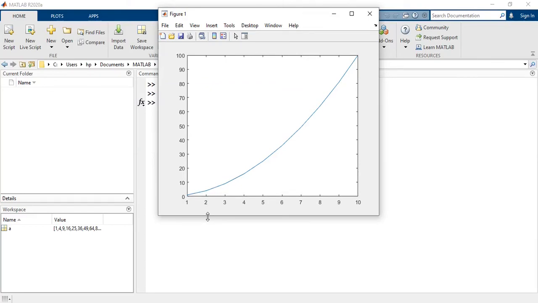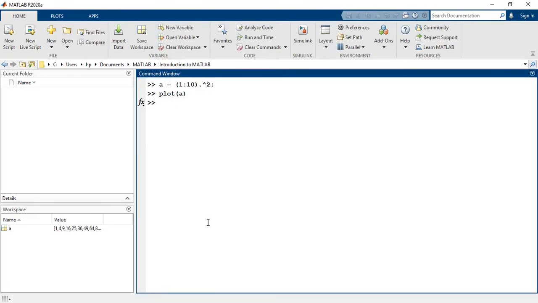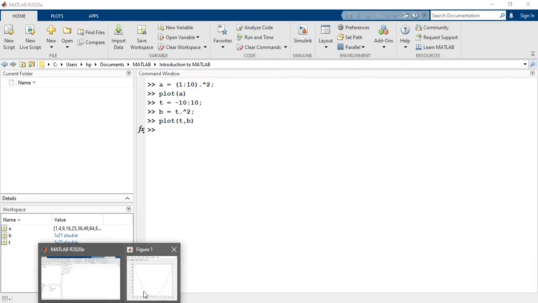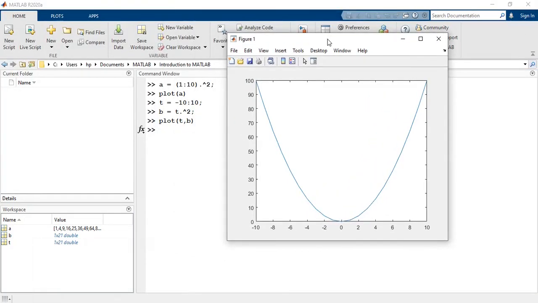Let's plot some function with respect to time. B = t raised to the power 2. So you can see that MATLAB has given us a plot in figure number 1.